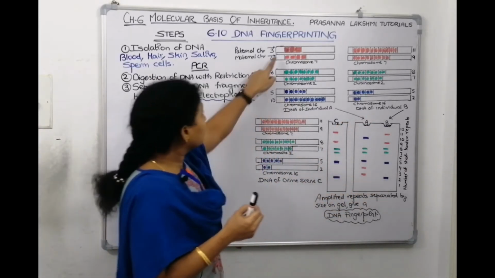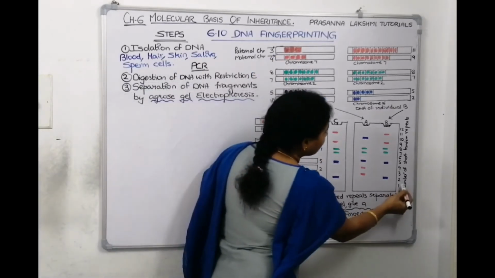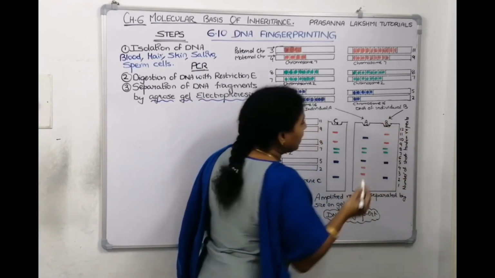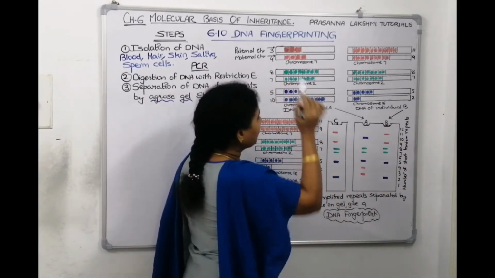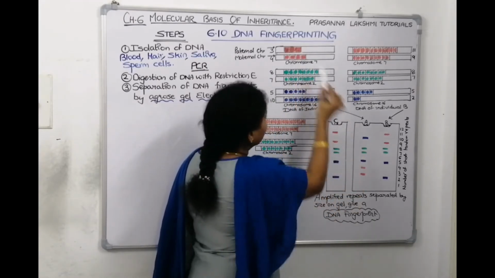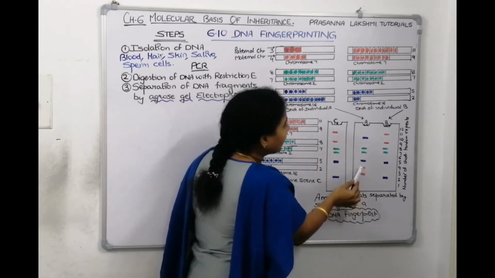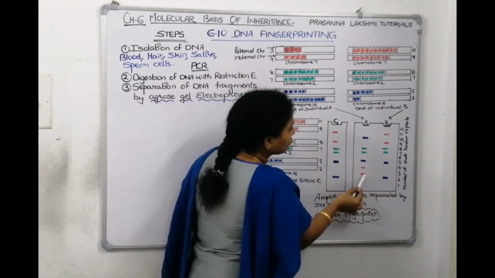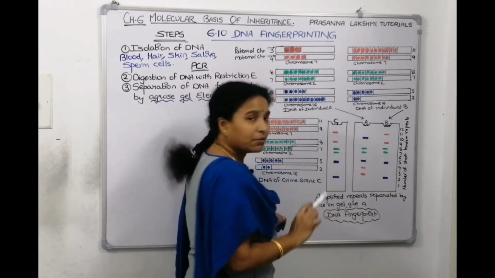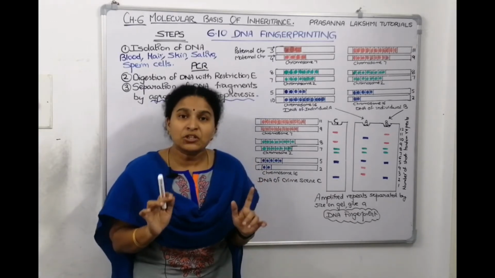So you have seen here 3 fragments. I wrote here 1, 2, 3, 4, 5, 6, 7, 8, 9, 10, 11, 12. The one which has 3 fragments has moved fast, whereas 4 fragments is slightly ahead. So matching to 3, I took this, matching to 4, this is matching to 4 and this is matching to 3, right?